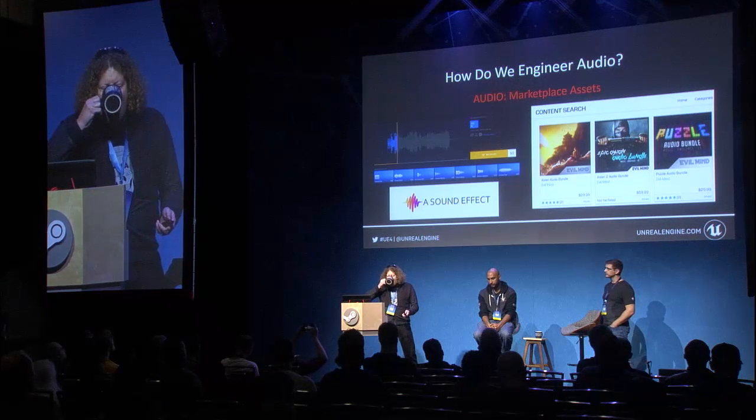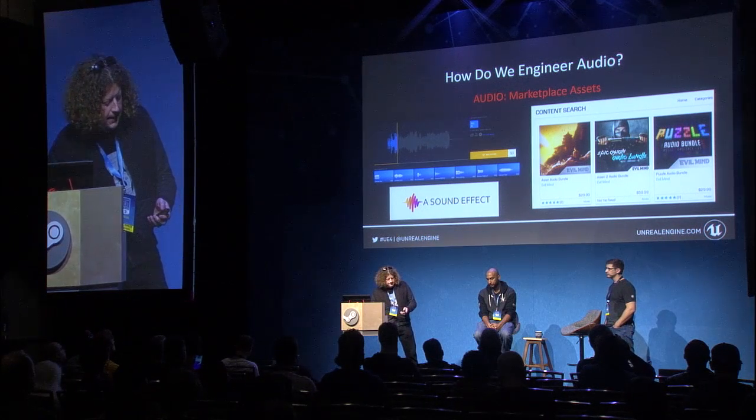You can buy sound packs and bundles. You can get sound effect packs. You can get music or music packs. And again, we usually first stop at the marketplace. If we can't find it there, we go outside it and try to find it wherever we can. The nice thing is even Tim Sweeney was saying, hey, let's open up development. Get it where you can and bring it in, right?